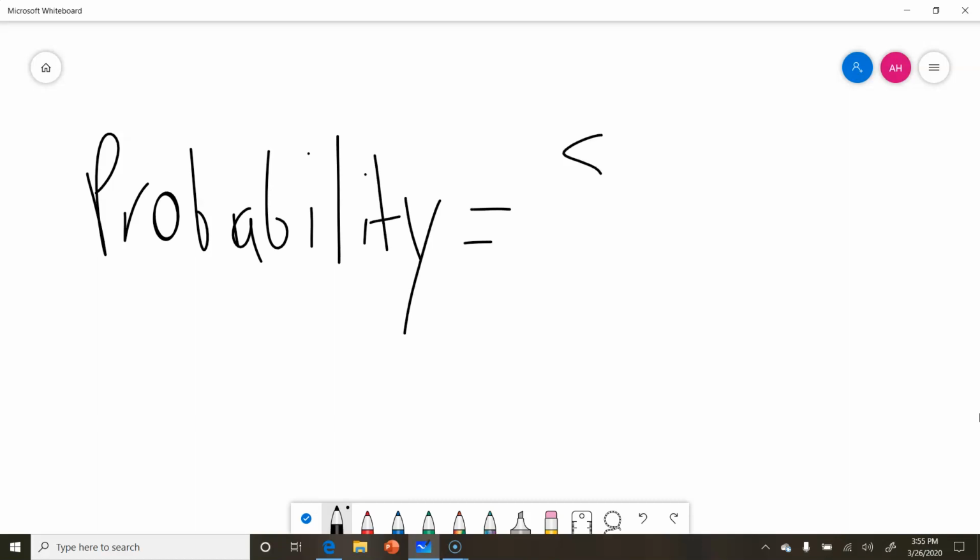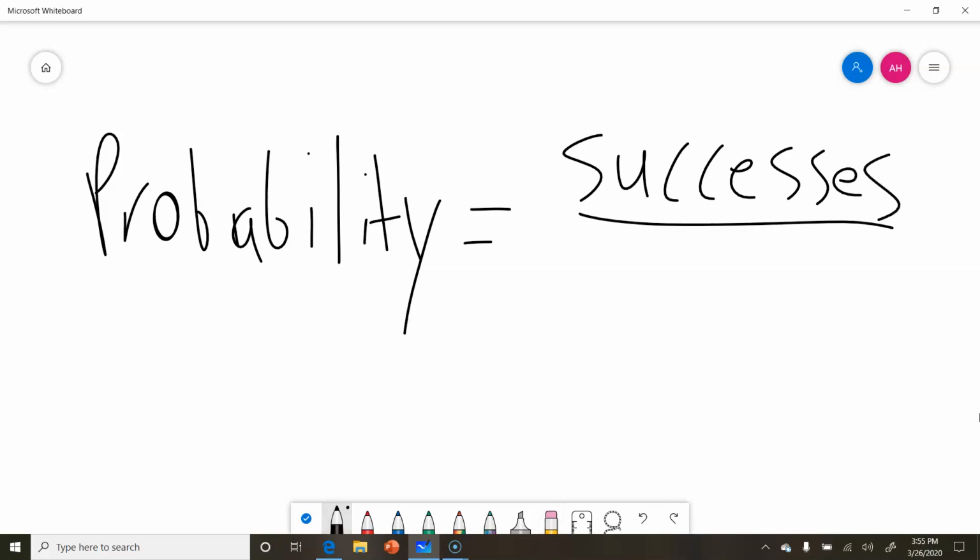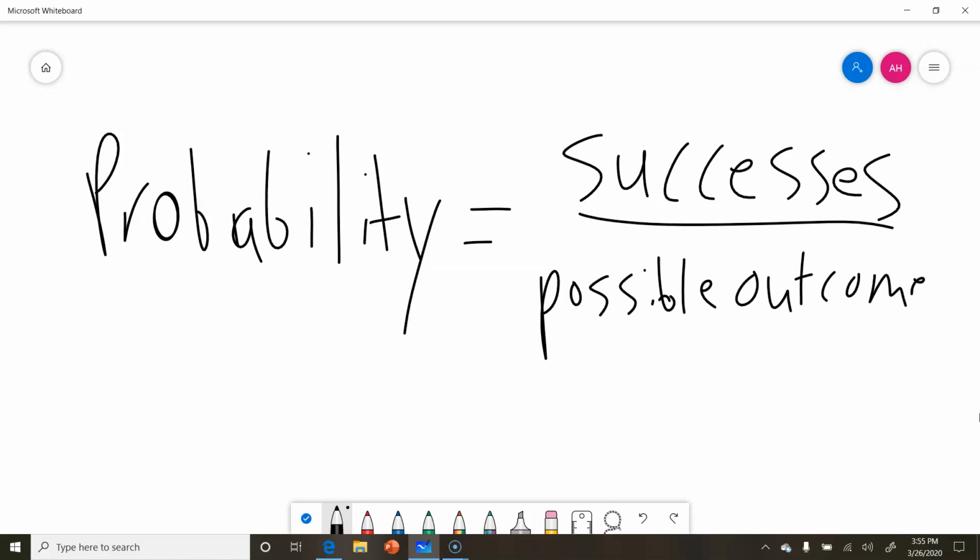Probability is equal to successes divided by possible outcomes. So, for example, if you are going to spin a little spinny chart, you know, if you guys ever